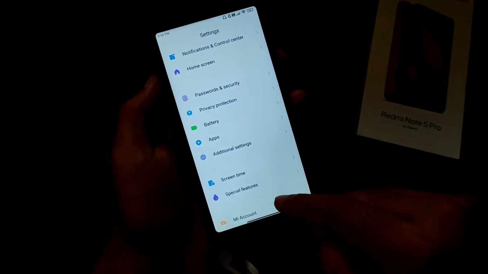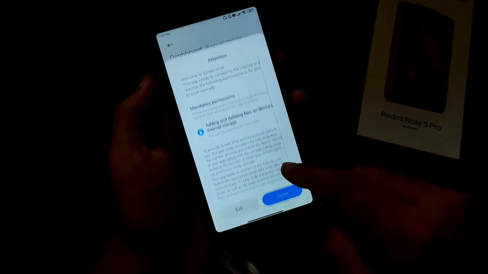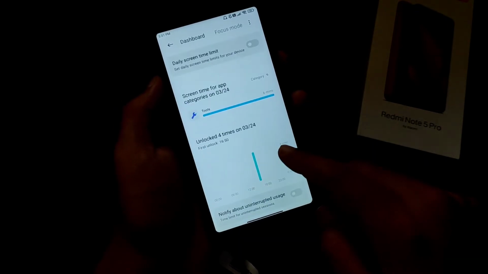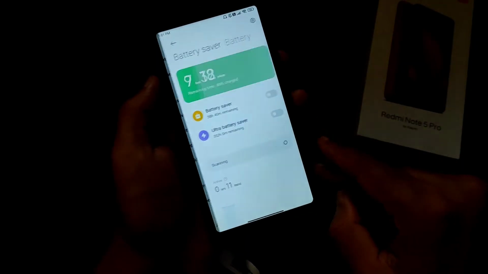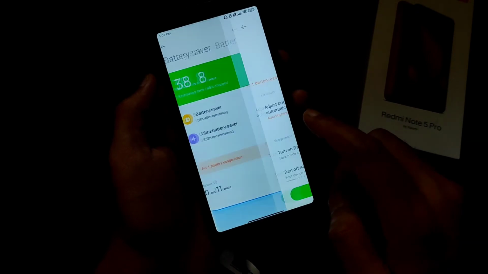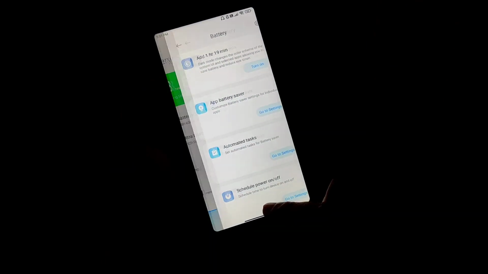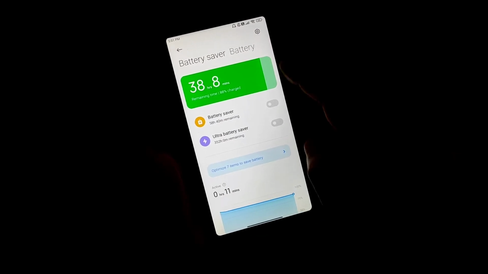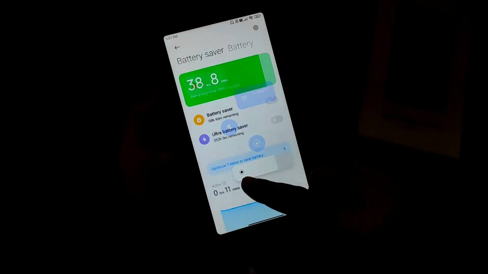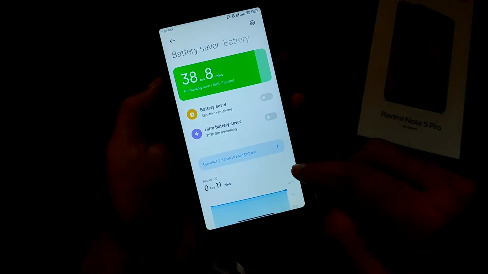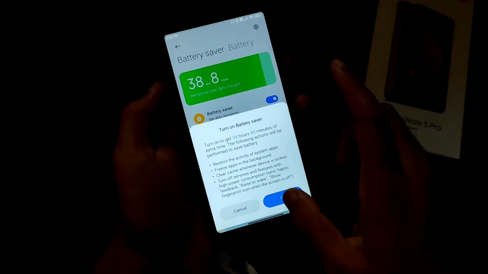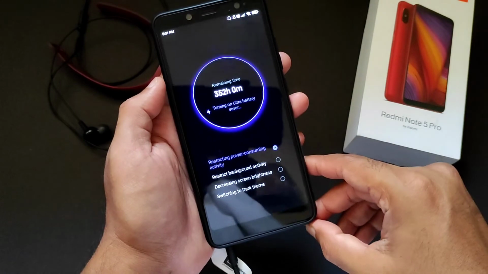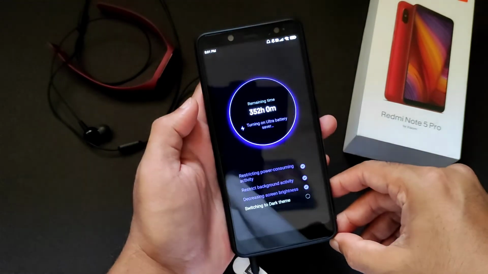And coming to screen time, you get this digital well-being as screen time from MIUI EU ROMs. This is how the settings are. And coming to battery settings, you get battery saver and ultra battery saver from here. There's even the MIUI 12.5 type automatic brightness sensor also working fine. No problem in this ROM. Everything is fine. A little bit of bugs and it takes time when you apply any settings. That's what I noticed. And this is how the ultra battery saver, as you can see.